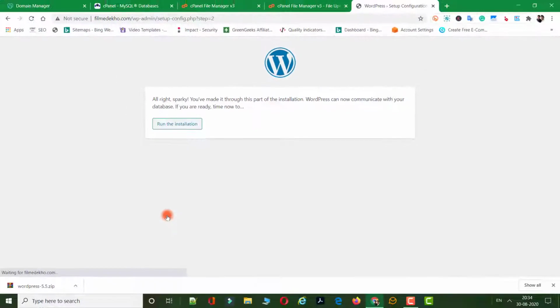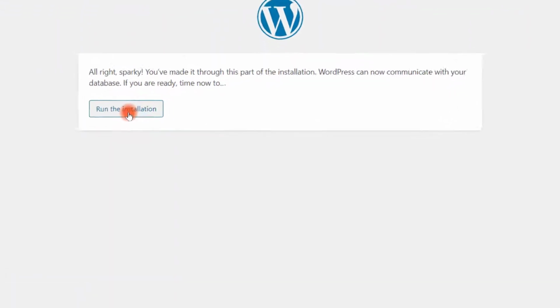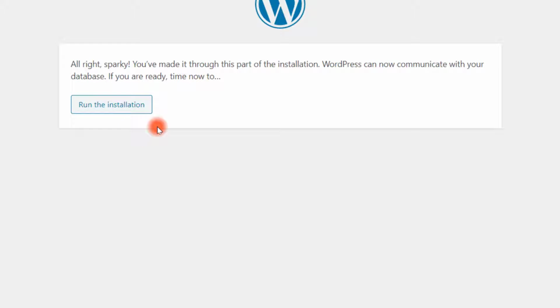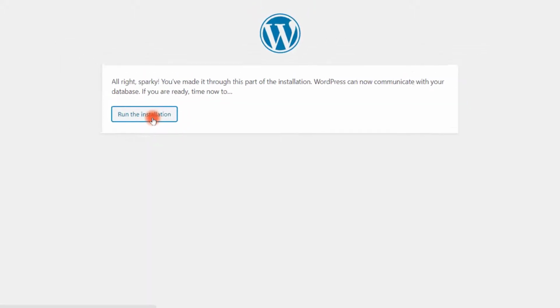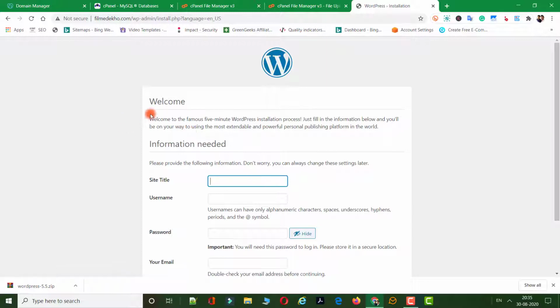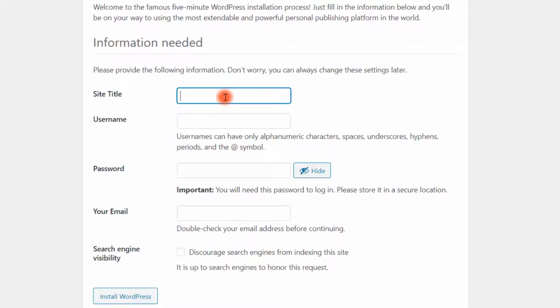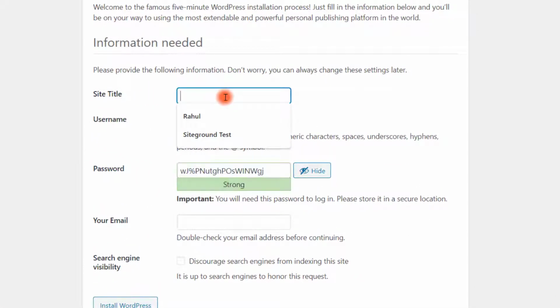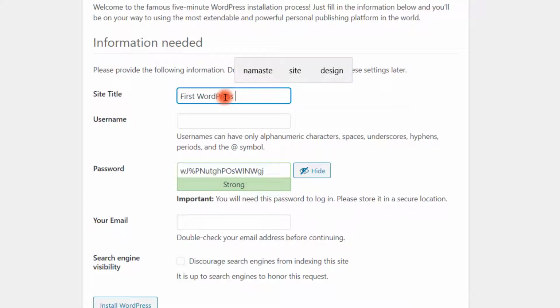Then click on submit. It will ask you to run the installation, okay. Now this is the final step. You need to create a WordPress user. So here on the welcome screen, we need to add a site title. The site title is First WordPress for Beginner,